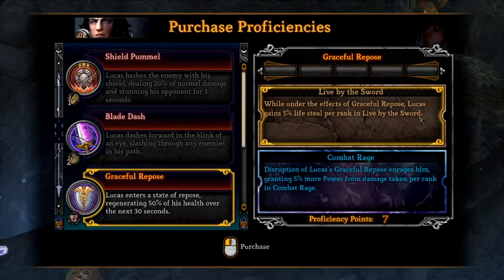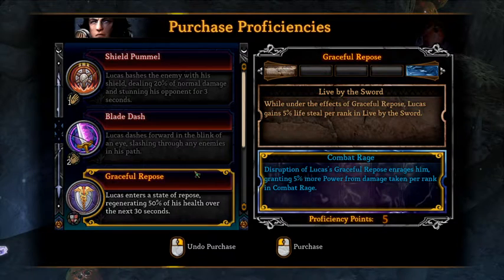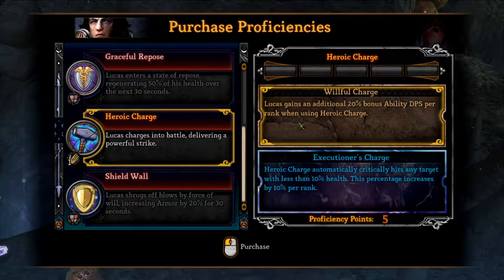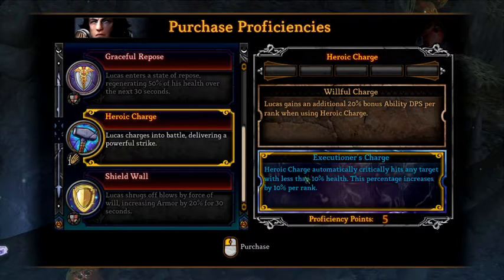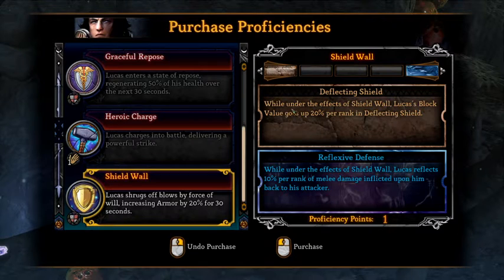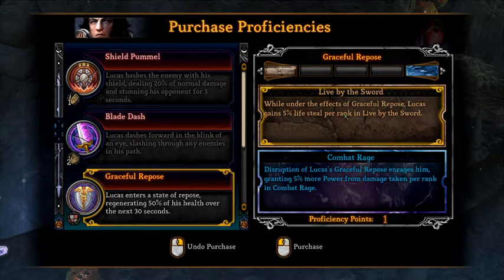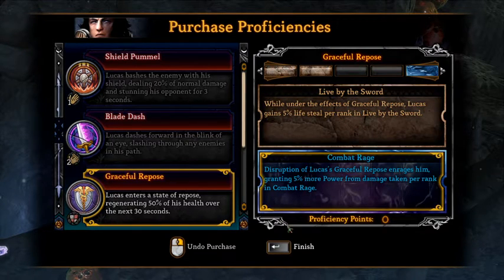Whilst under the effects of the grapples opposed, Lucas gains... Oh, okay, cool. You know what? Let's give him one of each for this one. That seems pretty good. Maybe let's give them both of that and then both of this. Yep. Cool. And then maybe I can go to this one and invest in something like that, live by